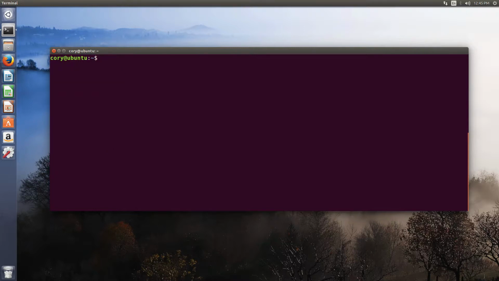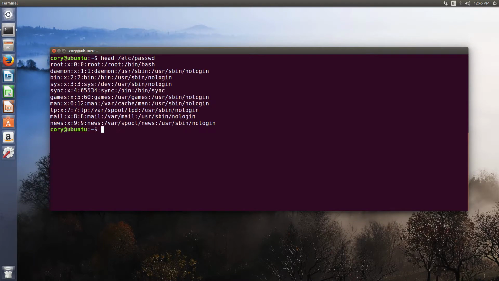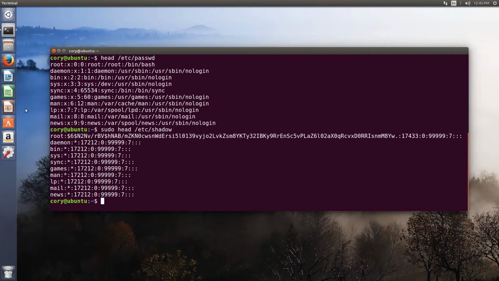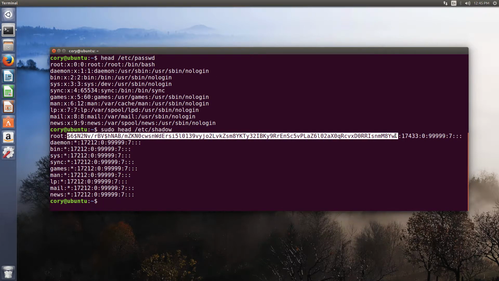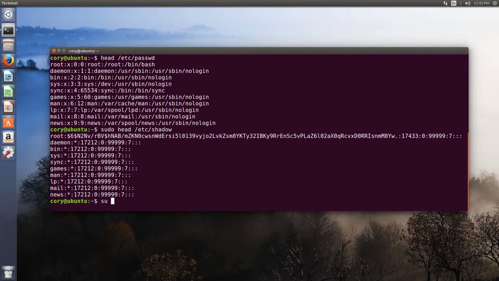Okay. Again, let's look at etc password. Still has an X here that is storing the password in the shadow file. And then let's do sudo head etc shadow. And now instead of an exclamation point, we see a salted and hashed password for root, which means now I should be able to use su dash, and it's prompting me for a password. Now it's not prompting me for my password, it's prompting me for root's password,